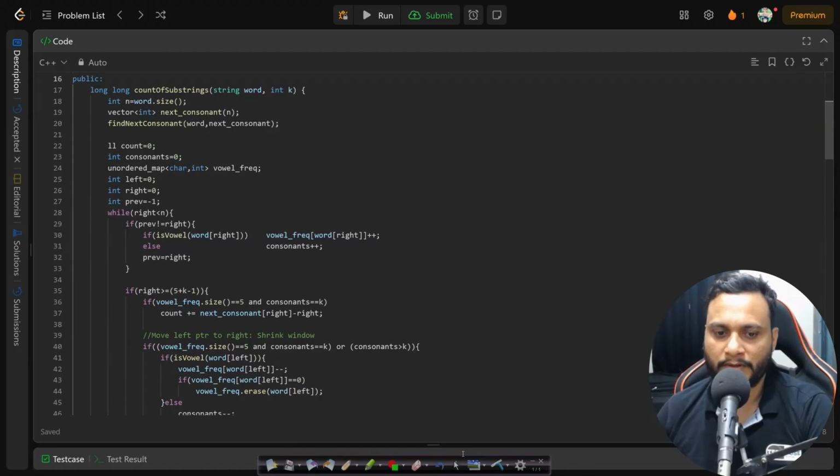Now if you go to the count of substrings, it will be getting a word and the value K. So find the size of the word. Then the next consonant will be the one which will be saving the position of the nearest consonant on the right hand side, and this is the pre-processing function call. After that we will be taking the counter, the consonants count, the map which will be taking each vowel's frequency, then the left right pointer for applying the 2-pointer technique to track the valid window, and then this is